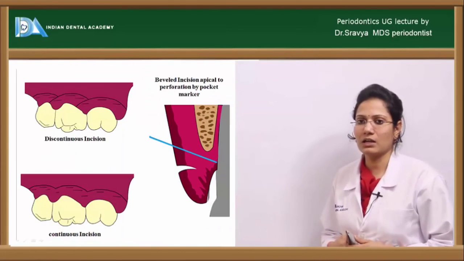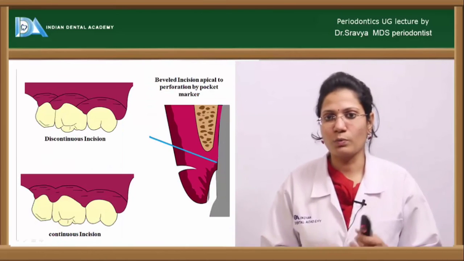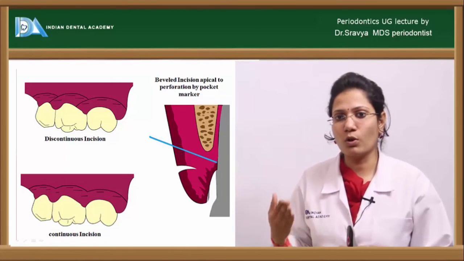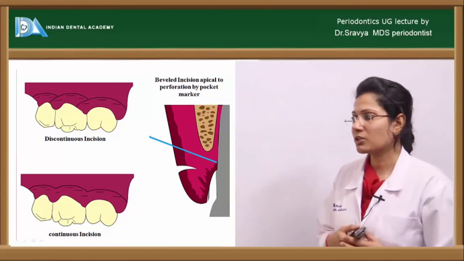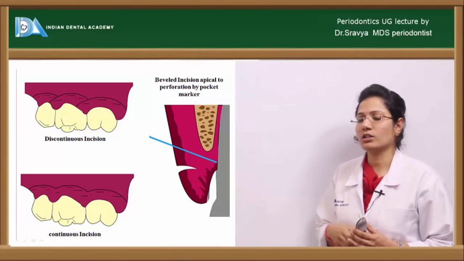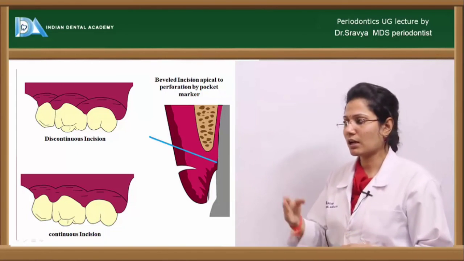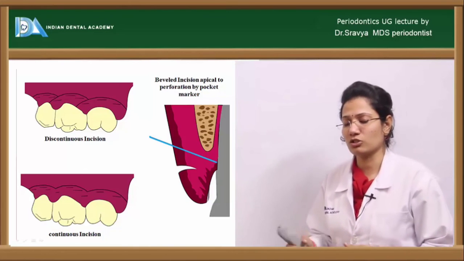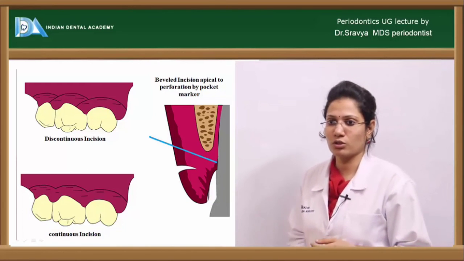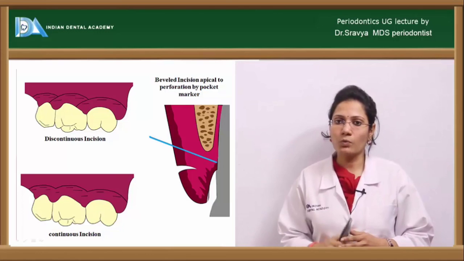Now once that is done, you decide on what you want to do, whether you want to give continuous incisions or discontinuous incisions. The picture here shows you very well how you give continuous incisions and how you give discontinuous incisions. What is the type of incision that you should give for gingivectomy procedure? Always remember you have